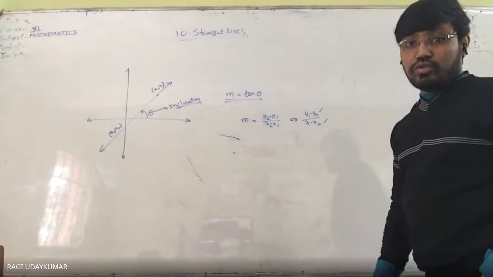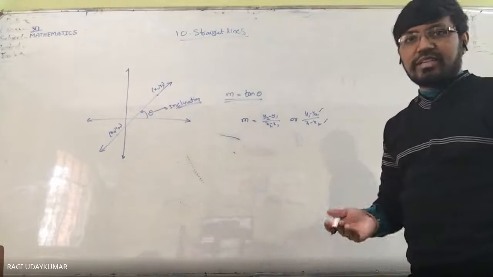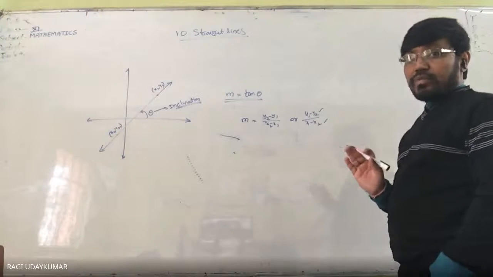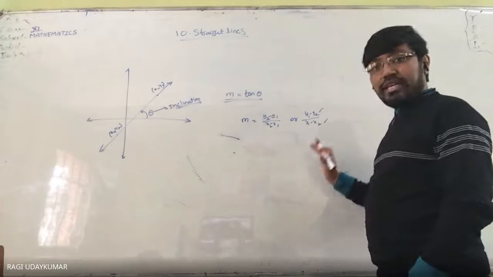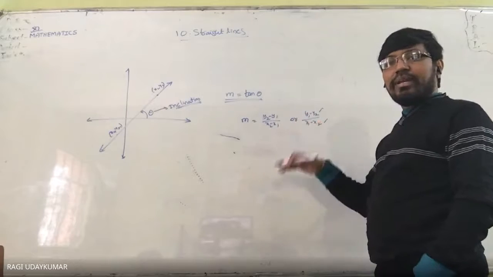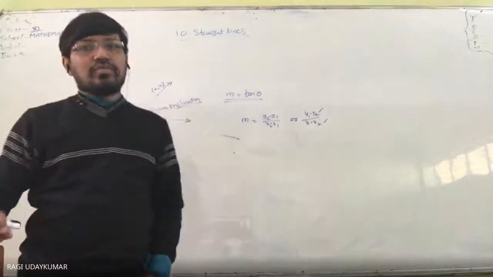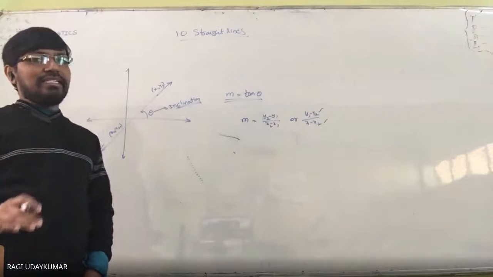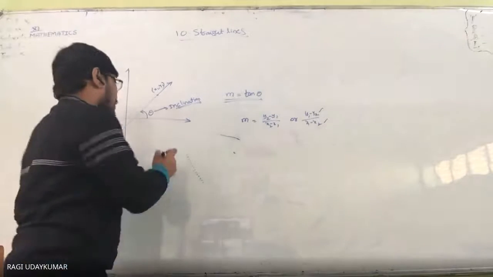You are not supposed to say "difference" actually. Whenever you say difference, it is wrong. Why? Because difference is nothing but the greater number minus the smaller number. Here it is not like that; greater number minus smaller number should not be taken into consideration. If you take y1 minus y2 in the numerator, the denominator is x1 minus x2. If you take y2 minus y1 in the numerator, the denominator is x2 minus x1. The numerator has y coordinates, the denominator has x coordinates. This is what you need to identify when two points on the line are given to find the slope. And here, the slope of the x-axis.